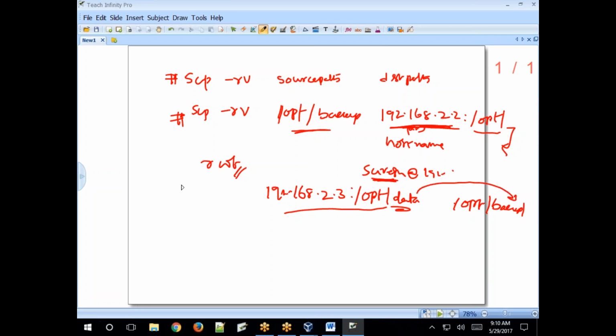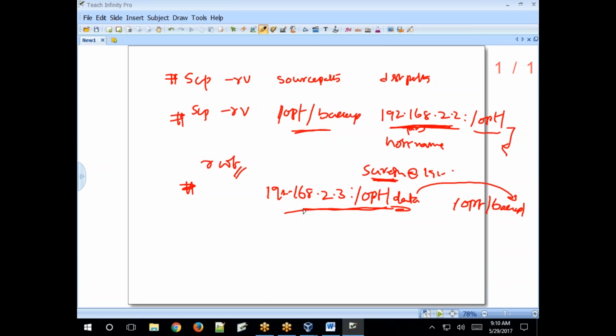So when copying files from local to remote, first we specify the source path, the local path, then the remote path. If you want to copy files from the remote machine to local, first we specify the remote files path, then the local path where you want to copy the file.